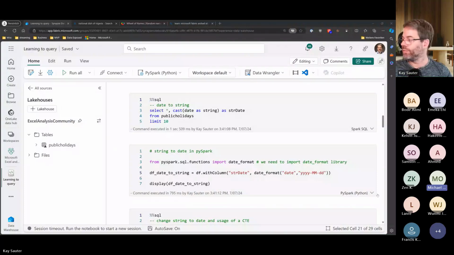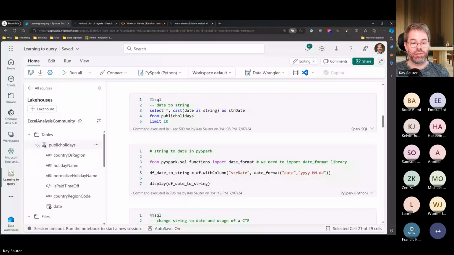Great. So what we have here is a lakehouse. This is the Excel Analysis Community. This is a lakehouse I created with the public holidays